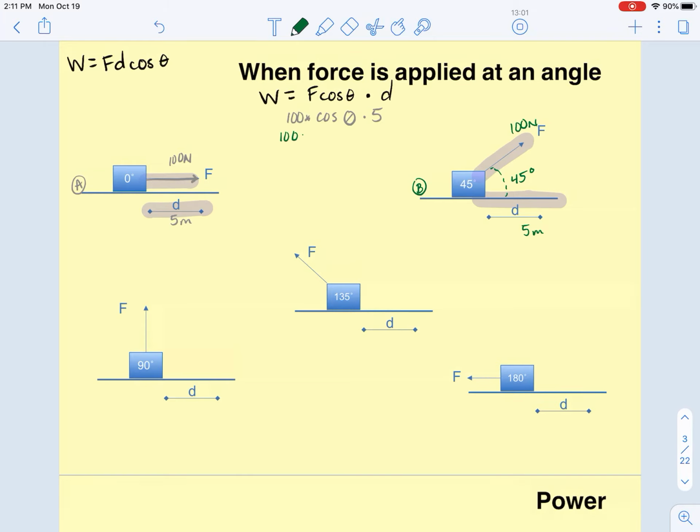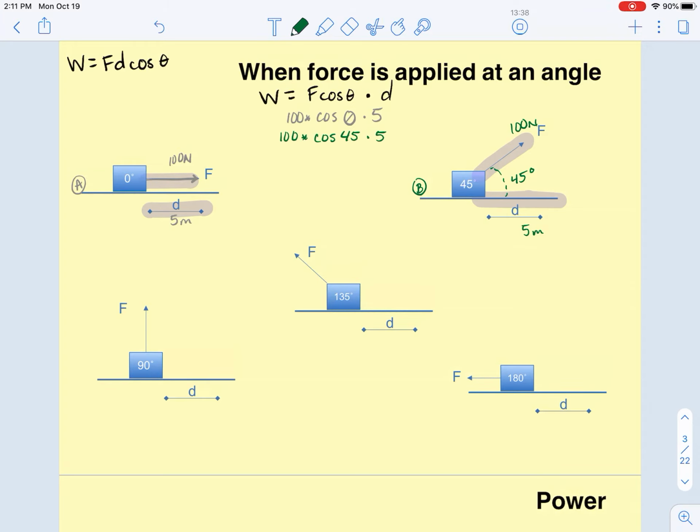So when we go to plug in our numbers, it's 100 times the cosine of 45 times 5. When we put that into our calculator, let's just take a second and look at the cosine of 45 all by itself. If you put this into your calculator, you end up with some positive number. So I would like for you to see conceptually that we are going to have a positive value for the work performed here,